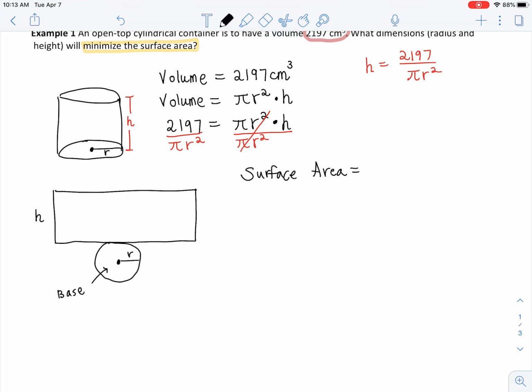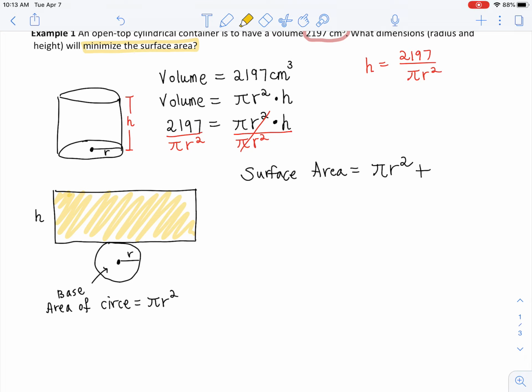is going to be, first I know how to find the area of this circle. Know that the radius is r, and for right now we'll call this h for the height. The area of this circle is pi r squared, right? So I'm gonna add this pi r squared